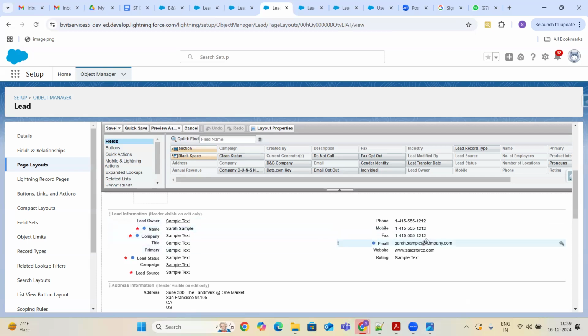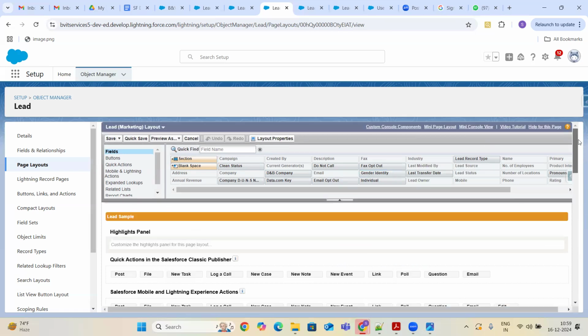You don't want to see any phone, mobile, fax information, but you would like to see all other information as your platform user. In that case, we will create two page layouts. In one page layout, we will have all these values, and in another page layout, we will have it without phone information.